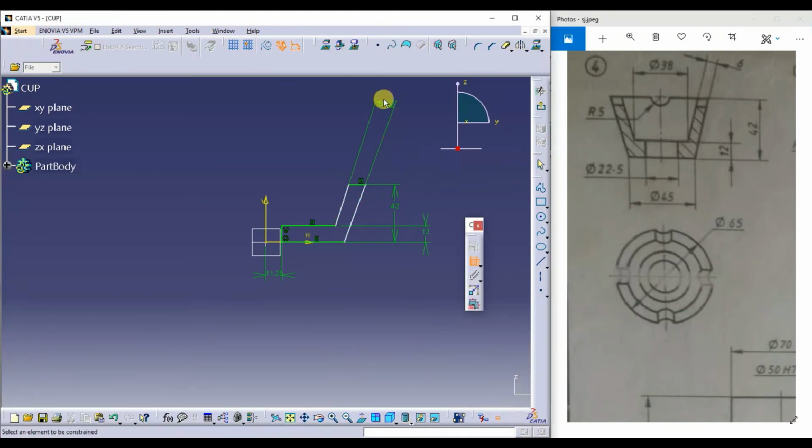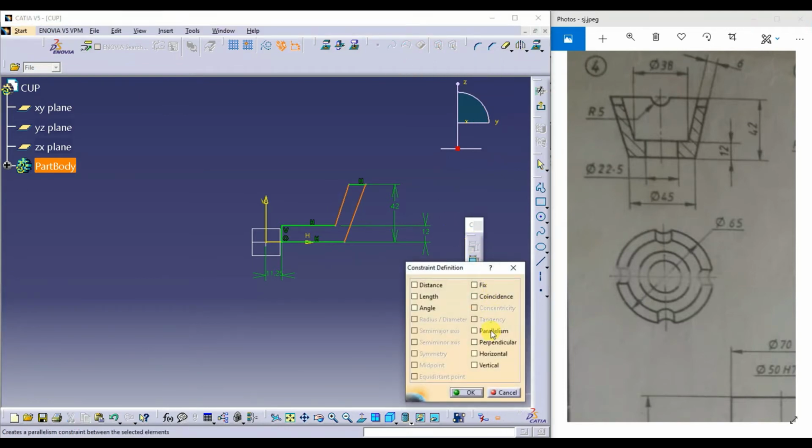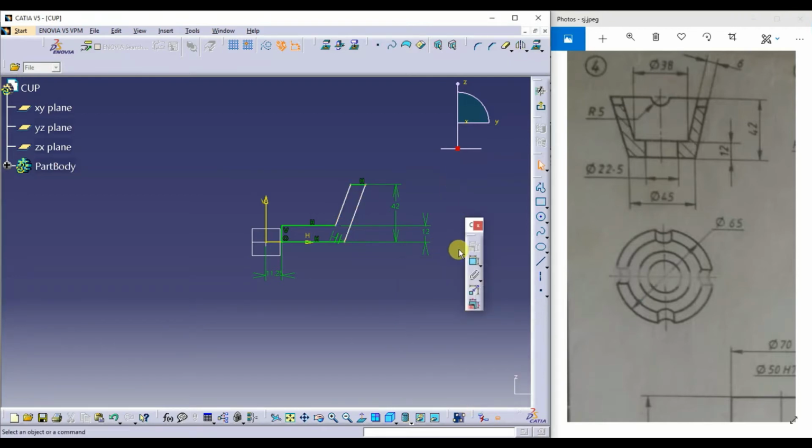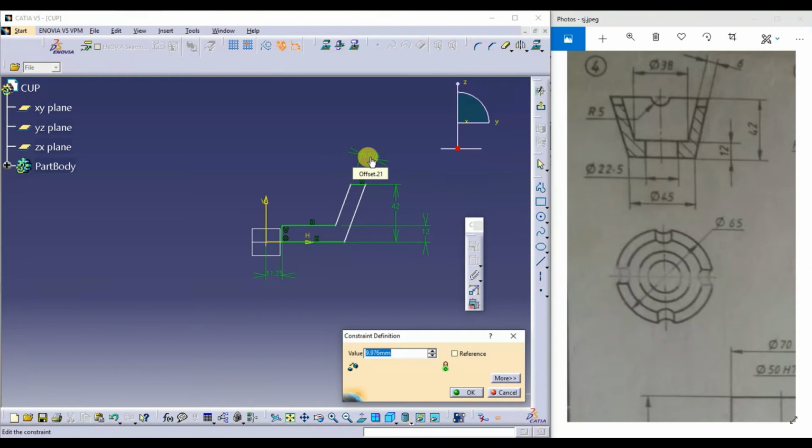Before this, it is taking an angle, so I'll choose this line and this line, then I'll make them parallel, then I'll go for the dimensioning. This is 6 mm.